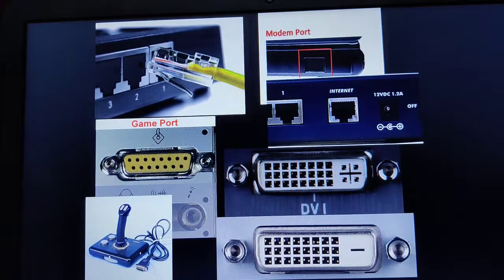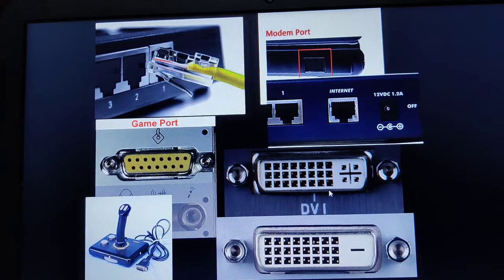Moving on to the next port, that is the DVI port. DVI stands for digital video interface port. This port usually allows flat panel LCD monitors to connect to the computer's high-end video graphics card.